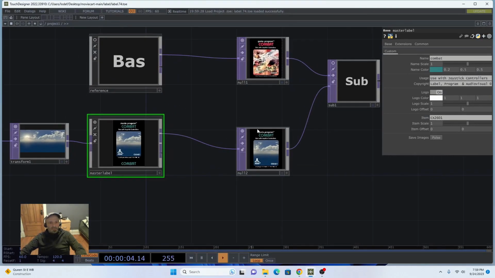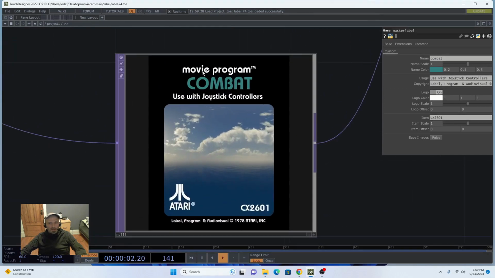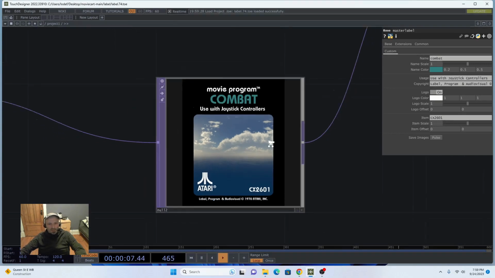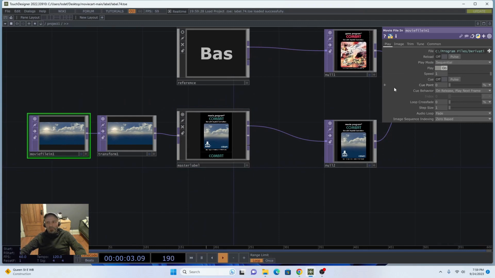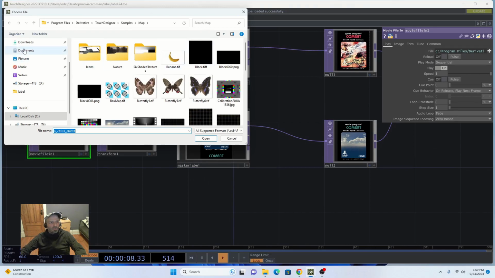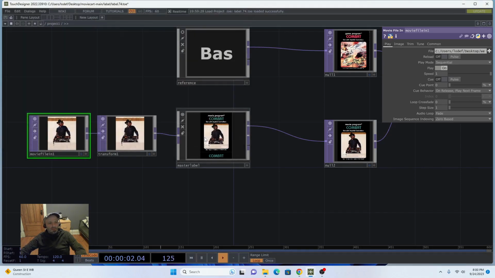So this is all in TouchDesigner this time, but if you zoom in, you'll see you are presented with the default label. I did call it movie program because I thought that would be cooler than game program since this is all movie related and not game related. So what we'll want to do is take our movie file in, click the plus button. I've pre-prepared something on desktop for Westworld, just something I found on Google Images and edited in Windows Paint. So if I select that